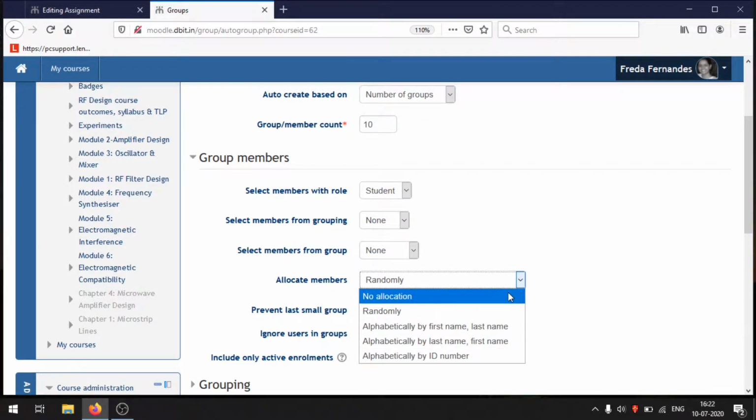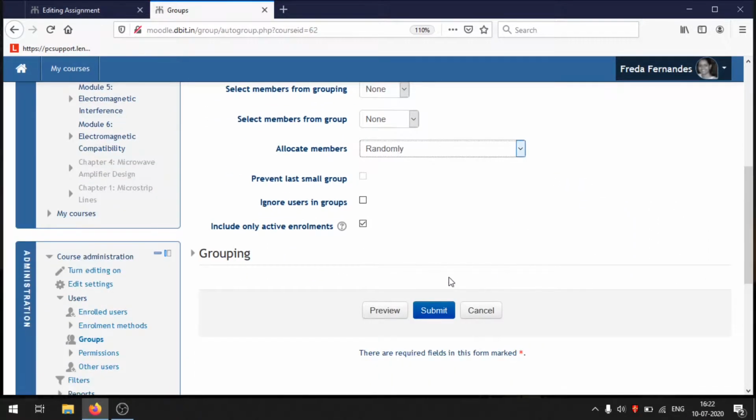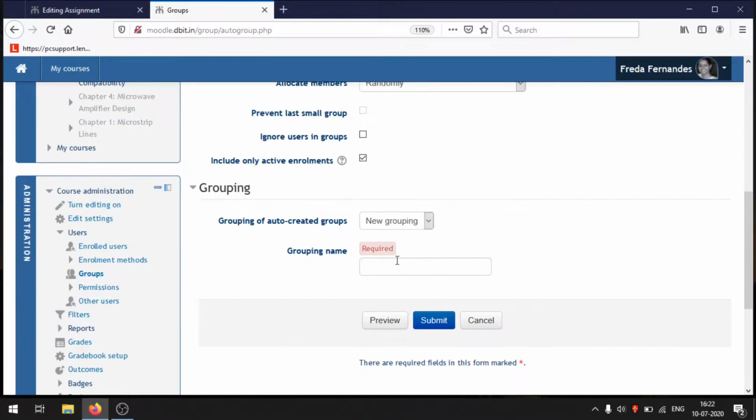So Moodle is automatically creating these groups. You can choose randomly. Here, for this example, I'm just showing you randomly created groups, and you say submit. So there is some problem. So the grouping name, I'll say test 1, test, yeah,